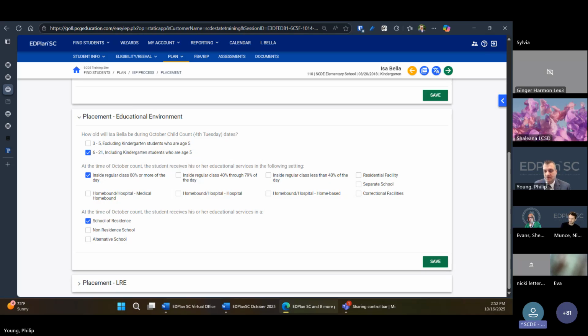Is there any way to remove the option for LRE placement so the wrong one is not mistakenly selected? I think you're talking about among these ones. Yeah, I don't know.